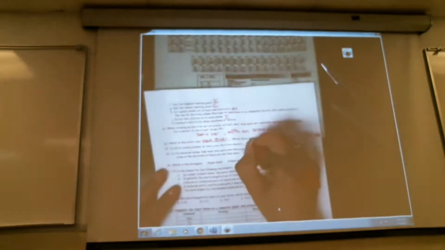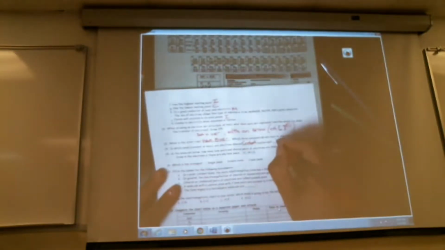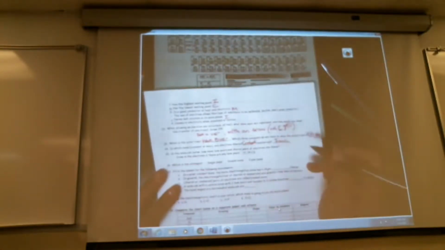In which bond, covalent or ionic, are electrons shared? Covalent. Transferred, ionic. In the molecule below, ooh, I like this one. How many lone pairs and shared pairs of electrons are there? Draw in the electrons if they are